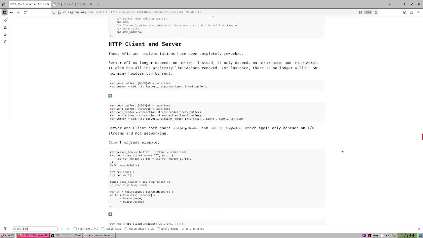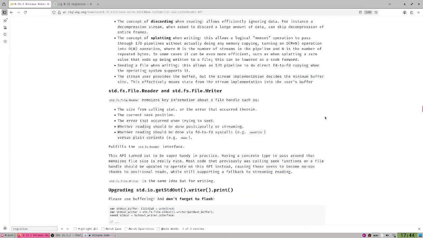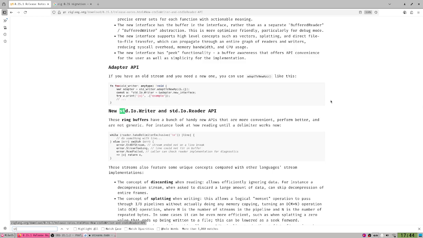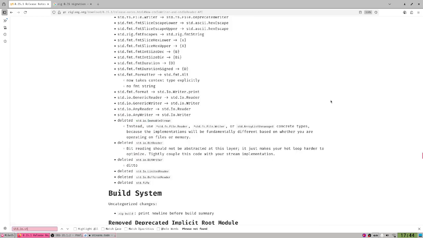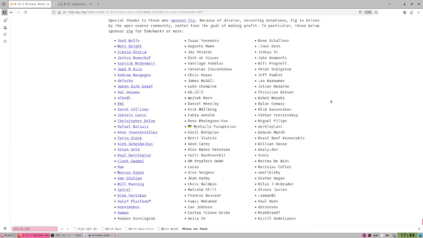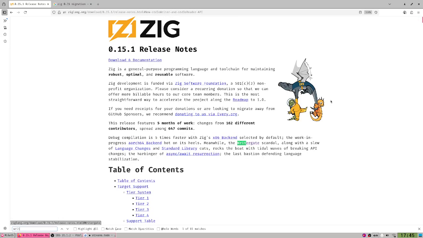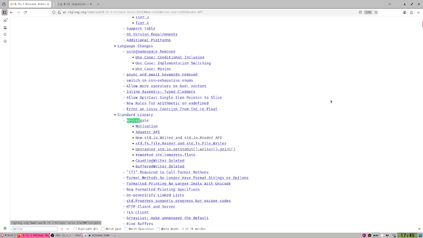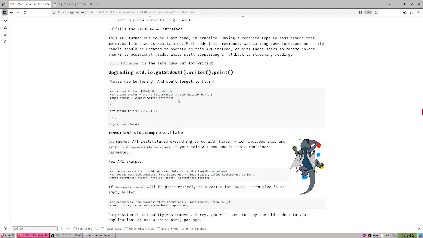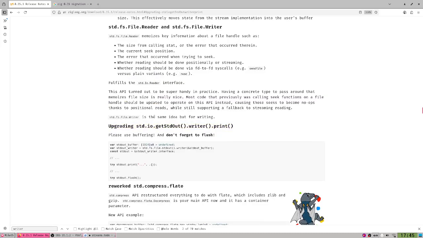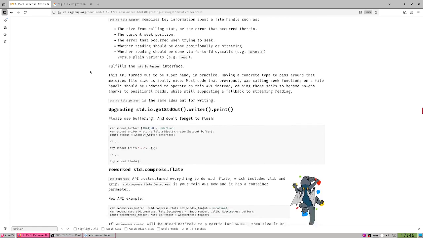I can't find it right now, but if you go into std, no, what was the name of it? Damn, I forgot. What was the name of the writer? Yeah, this one, for example. Upgrading. Okay, yes, you see, there is actually a guide how to do this.